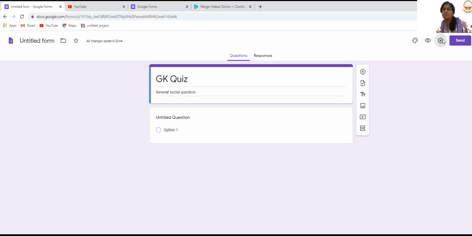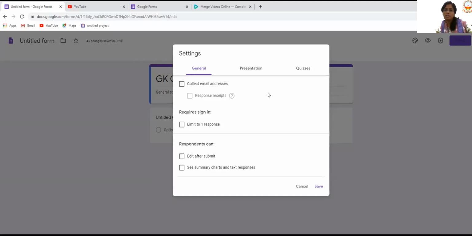Here are some settings. When I click on the settings, these are the things I have. General setting, it says collect email addresses. Imagine I got many responses from all of them, and I want to have their email ID. Basically, why do we collect email addresses? For example, whenever any musical contest happens, they restrict you so that from one ID only one vote can be put in. So there they ask for email IDs, so that only one vote is accepted.